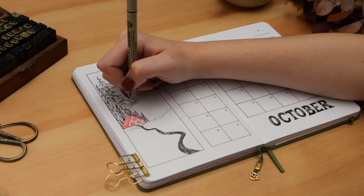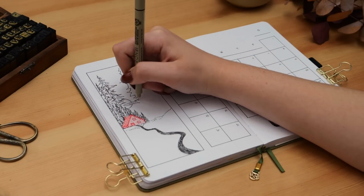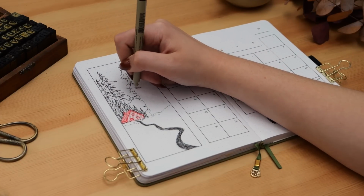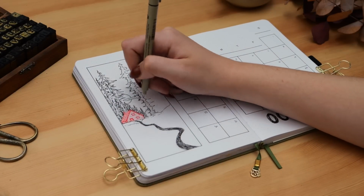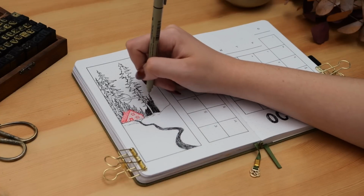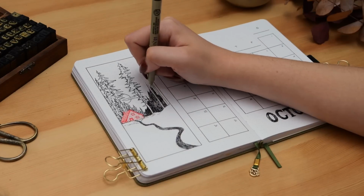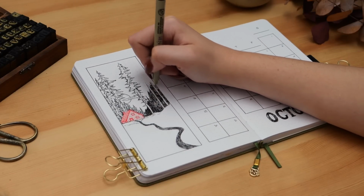I'm trying to combine some larger trees that are more in the forefront with some smaller trees that are further away, maybe on a hill that's descending away from the cabin, just for some texture and different levels. And on the right side, I'm trying to recreate what looked to me to be sort of a mountain range. It's a little difficult to tell because the quality of the art wasn't great. It must have been scanned at some point with a low resolution,